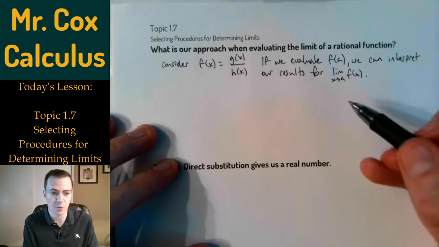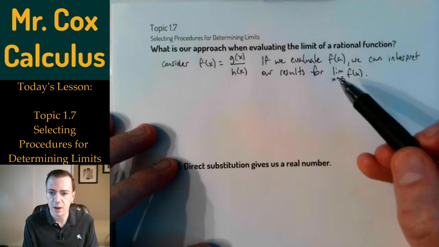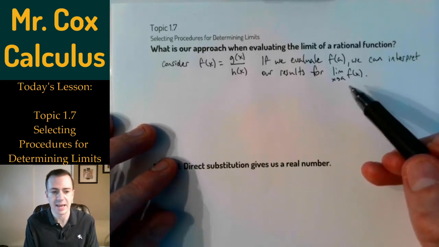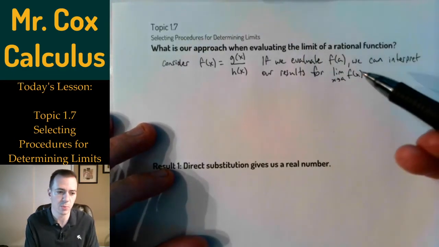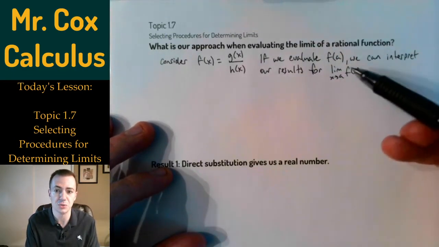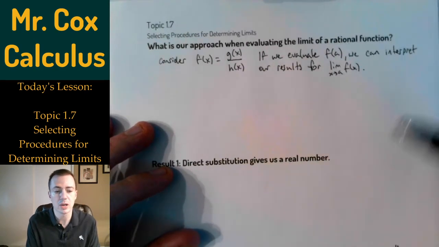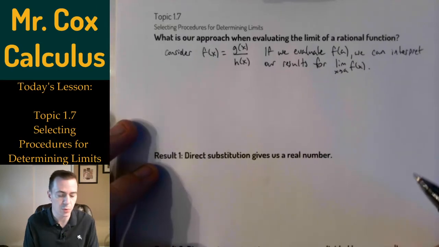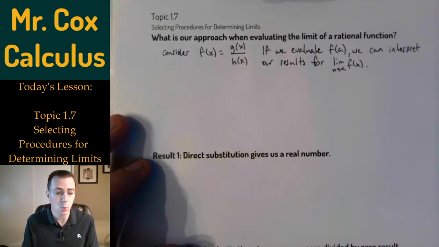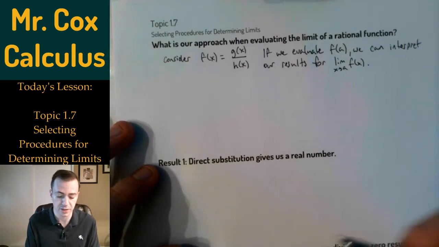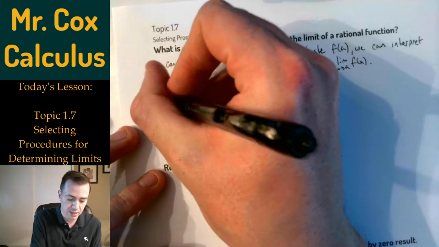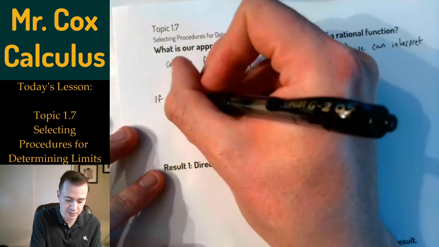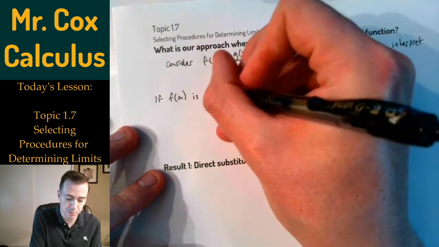In other words, if you read this sentence backwards, if I want to know what the limit as x approaches a of f of x is, in topic 1.5 we discussed how we can use direct substitution, looking at f of a as our first chance to evaluate this limit. And so we're going to get one of three results when we do this. The first one is if f of a is a real number,